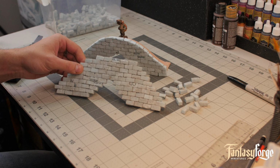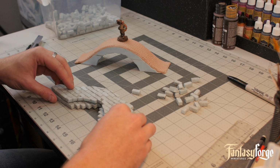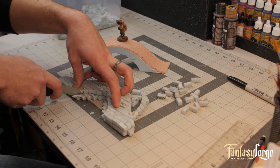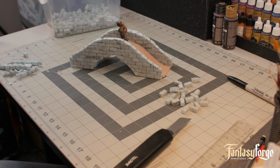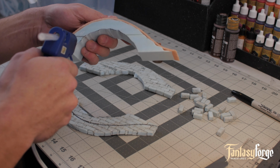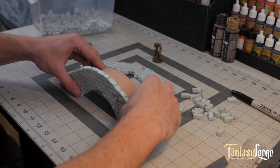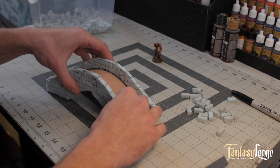So always grabbing a miniature, seeing how I like the height. We're going to duplicate that one piece the same way we made the first, and then just using that first one as a stencil, cutting out the second one in the exact same way. You can draw it out and cut it however you like. So there we go. We've got our two wall segments, and it's starting to look a lot like a bridge. So we're going to glue those into place, laying a bunch of hot glue, lining them up, making sure that bottom is nice and flush and the curve is lined up well,